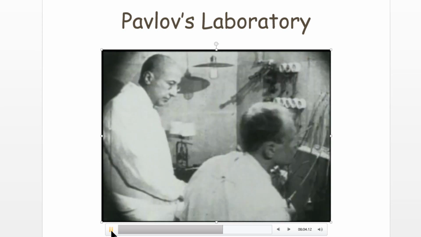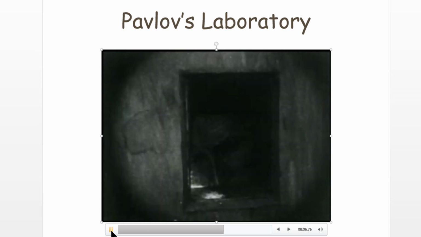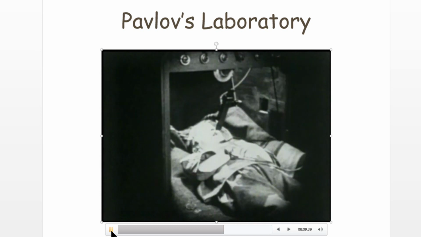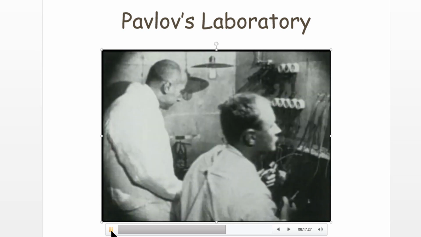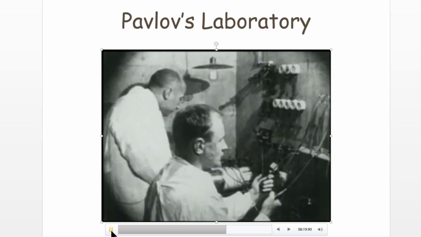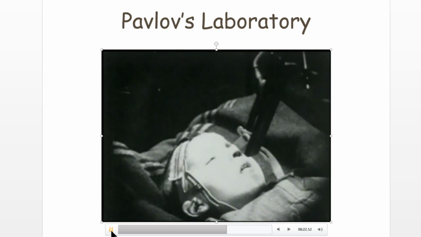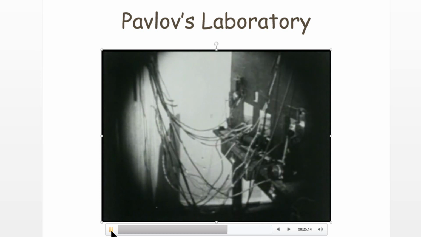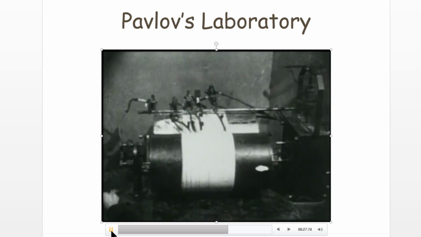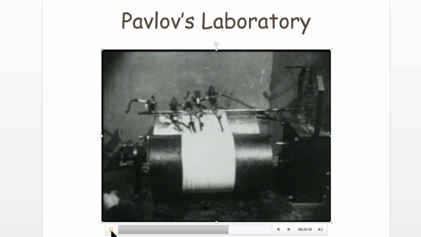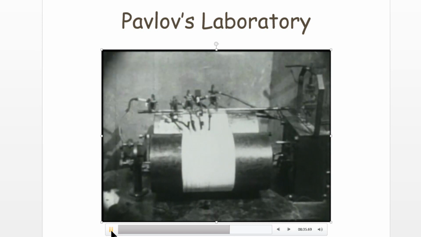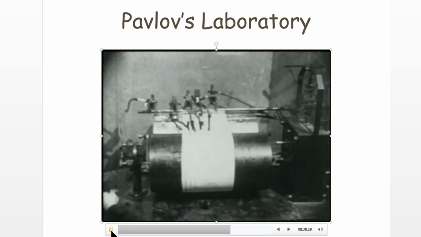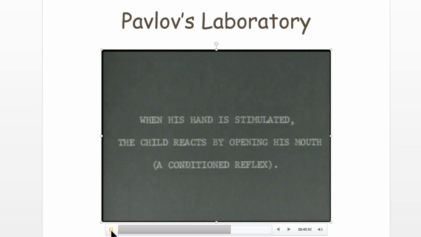So the rubber bulb is associated with the availability of cookies. As they repeatedly stimulate the child's wrist and pair it with the availability of a cookie, each time the child's wrist is stimulated, he will automatically open his jaw with the expectation that a cookie is coming. Notice here, this is the way they collected the data back at that time on a pen and drum recorder. No questions about thoughts or feelings for the child. They're only measuring his overt behavior.